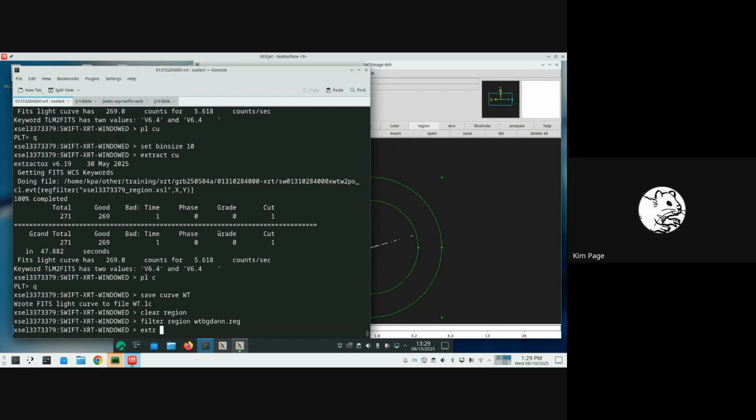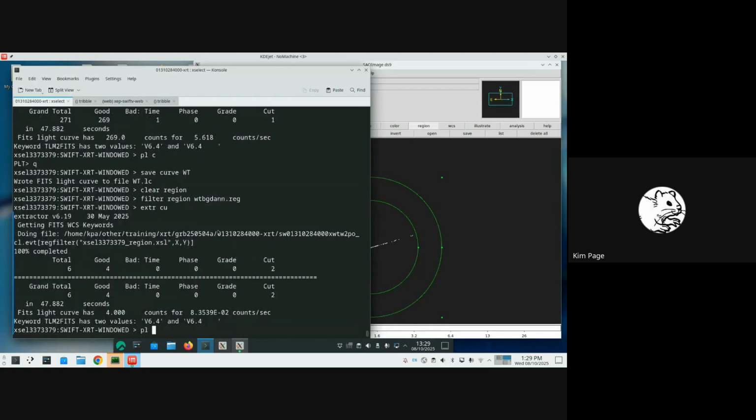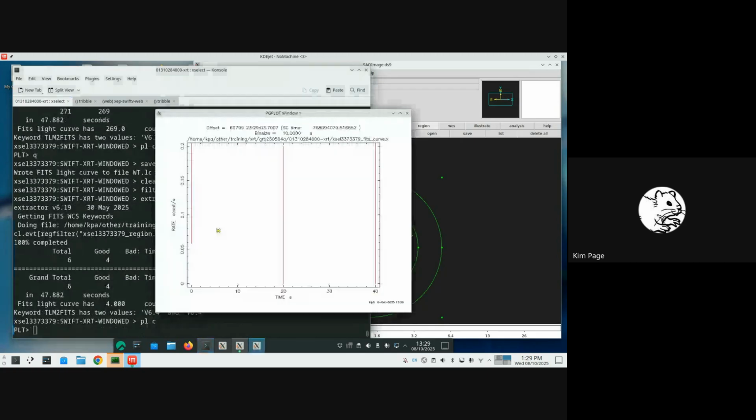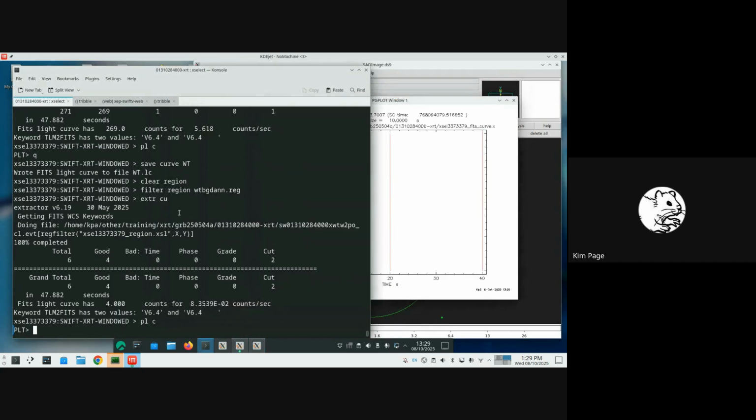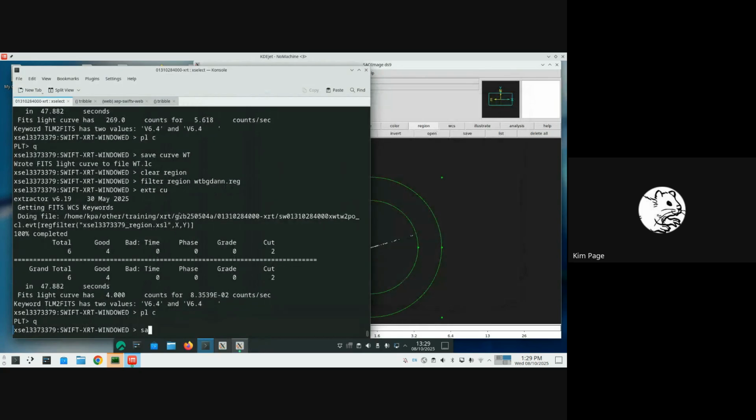If I then do exactly the same, it's still got the timing in there. I didn't tell it to stop doing just the first snapshot. I don't need to do that again. All I need to do is change the background region. So if I extract the curve for that, we'll see that we have a grand total of 4 background counts in the approximately 50 seconds of data that we have, because our background is low. So I plotted that just to show you, but now I want to save